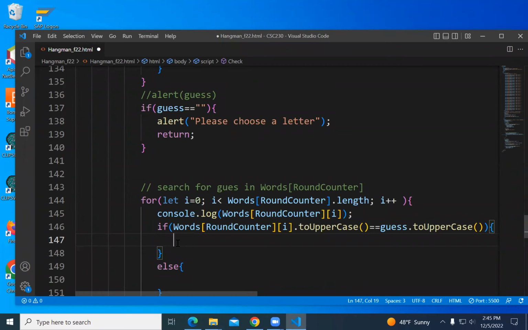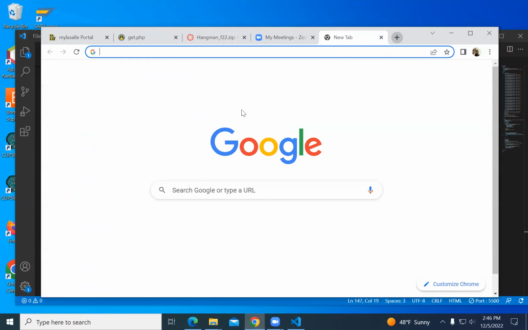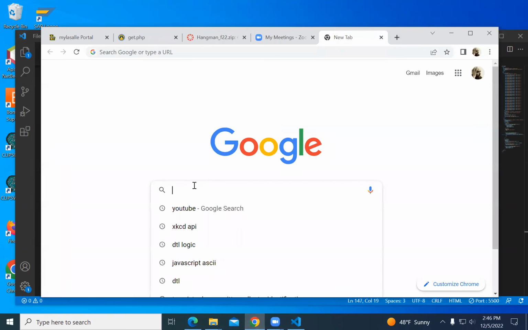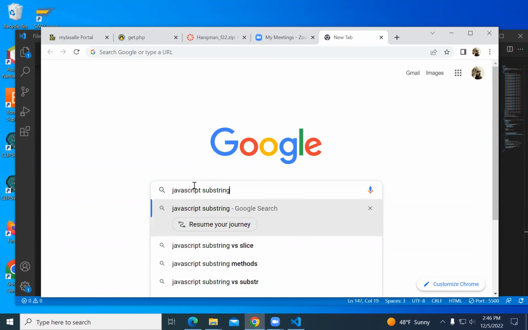So we have substrings. When you have a string, you have the notion of a substring. Let's remind you, we've looked at this once before, but it's been a while. JavaScript substring.